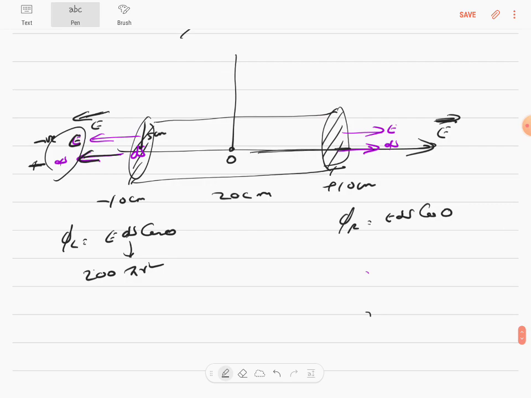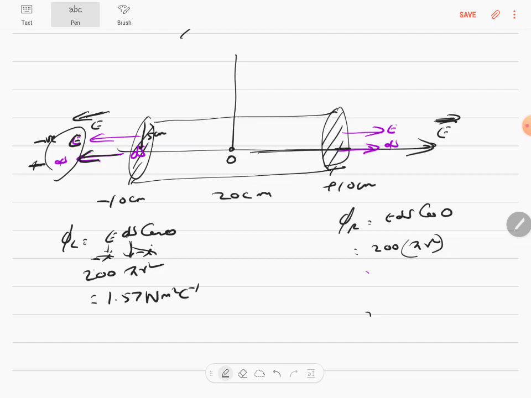Pi r square will be along... okay, pi r square. The ds vector is along the negative x direction, minus i. The electric field is along the minus i direction, and i square is 1, negative times negative is positive, so 200 pi r square. The calculation of this will be 1.57 Newton meter square per coulomb. And the flux on the right, as usual, is 200, and ds is also pi r square, the same value, but it will be along